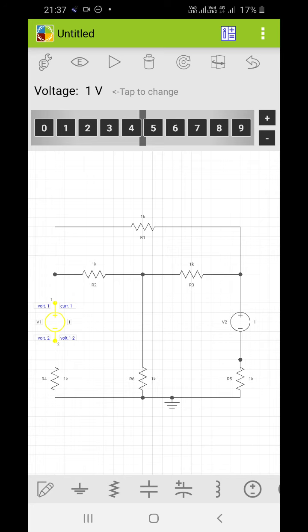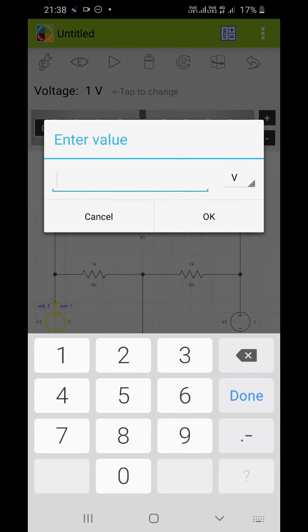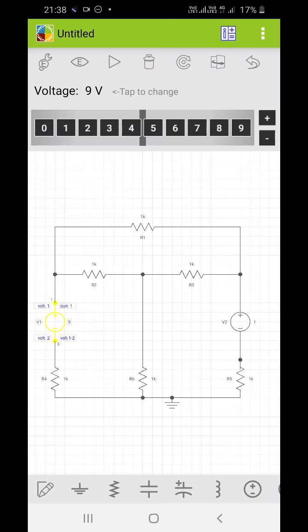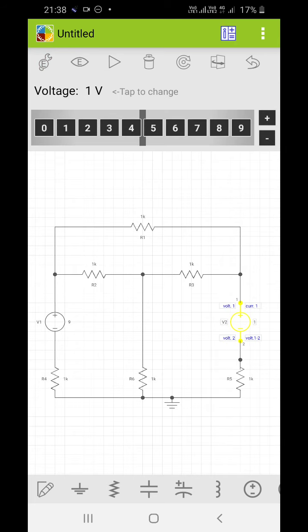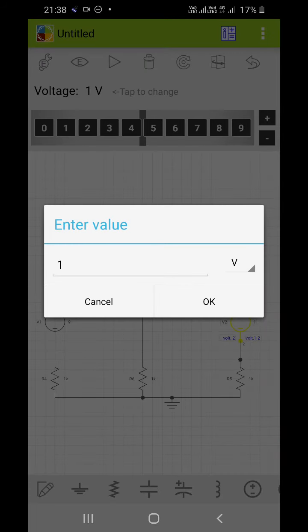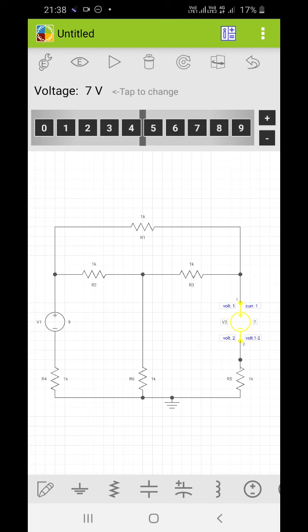So I will click on tap to change, and I can give the desired value. It is 9. I will do the same over here. I will click on this voltage source, then I will go to this E. I will change the voltage to 7 volt.